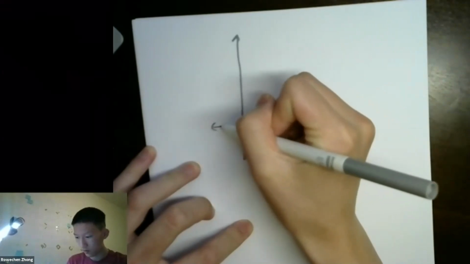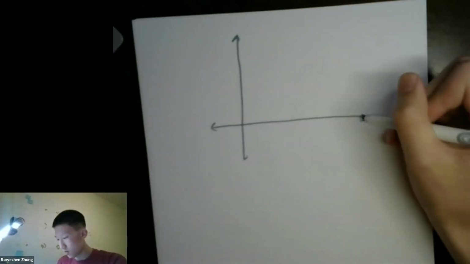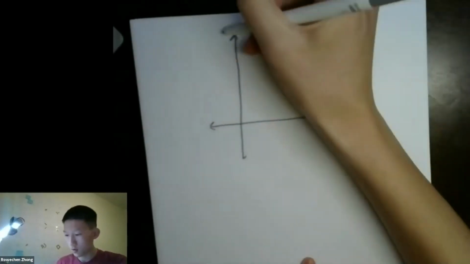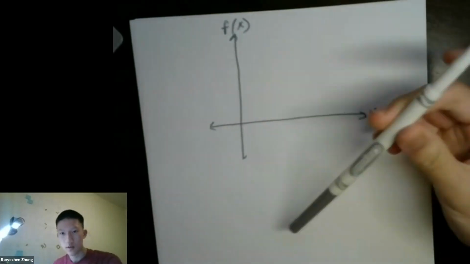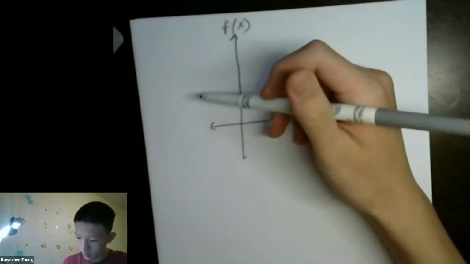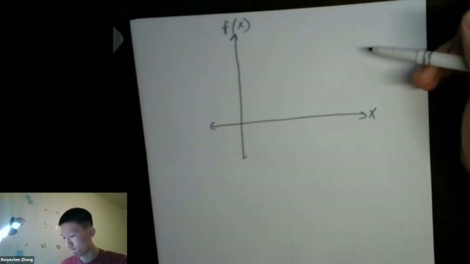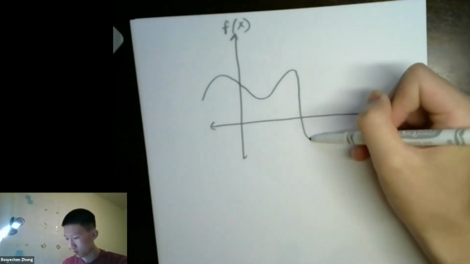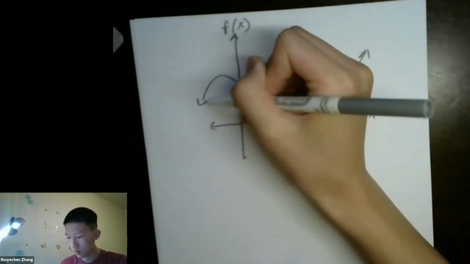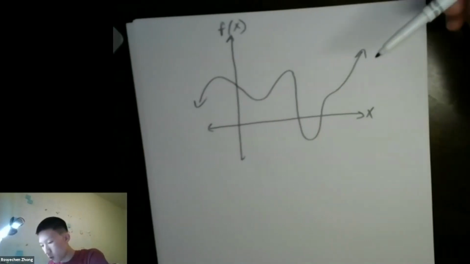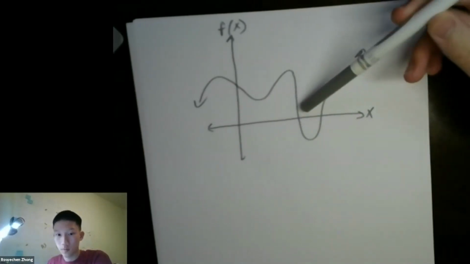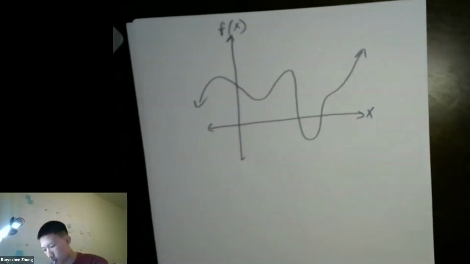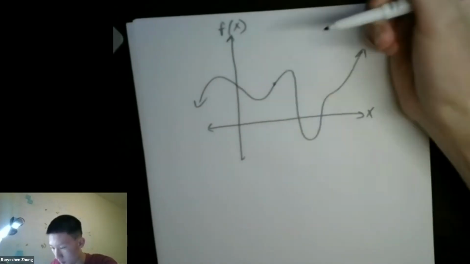Okay. Here is a graph. You can see that. Here is the x-axis. Here's the y-axis, except that we're going to be talking about functions, so we're going to call it the f of x-axis. We're going to have some kind of function, any function. Something like that. Now, let's say I want to take the derivative of this function. I can find the derivative of the function at a certain point. Let's talk about this point over here.